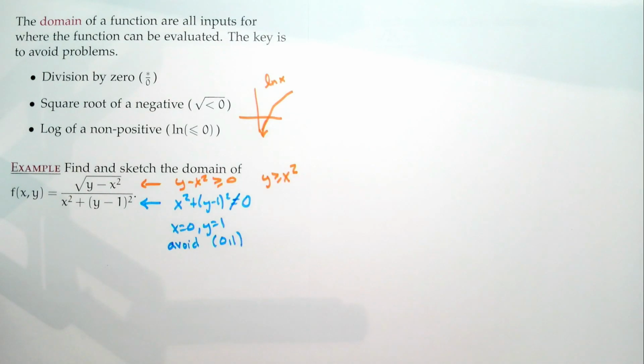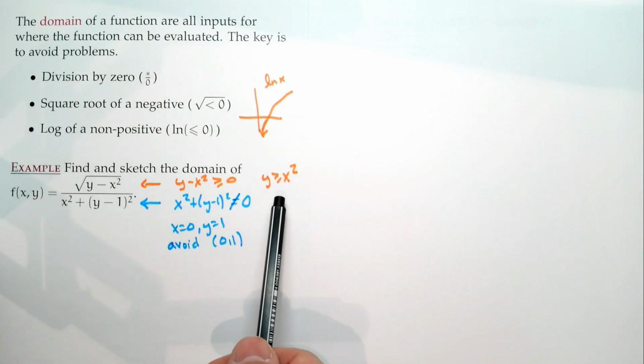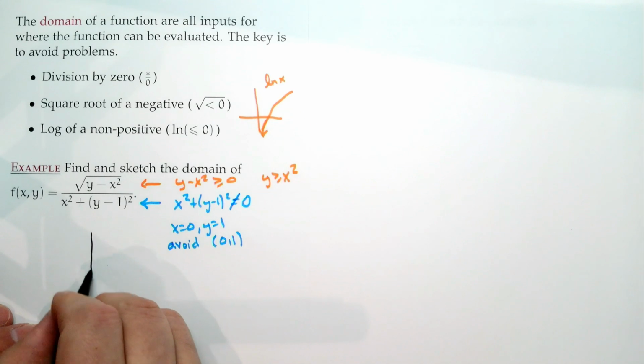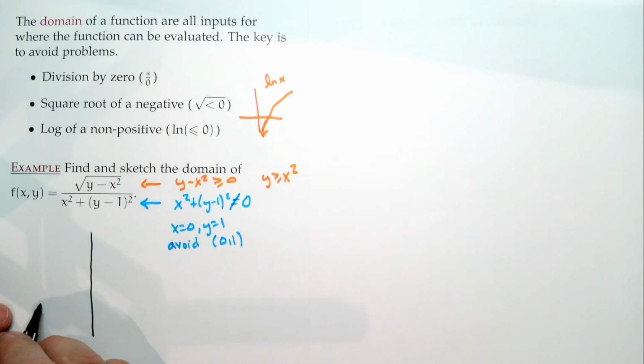Well, we're almost done. In some sense, we found the domain. So the domain is everything, all points, where y is greater than or equal to x squared and is not 0, 1. So that actually describes our domain. But let's draw the picture, because it says sketch. And this is our chance to sort of pull out our